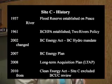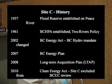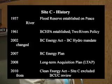So this is the history of Site C. In 1957, a flood reserve was established on the Peace. In 1961, the BC Hydro and Power Authority was established, along with the two river policies, the Columbia and the Peace. In 2002, the BC Energy Act was passed and the BC Hydro mandate was changed. Prior to that, BC Hydro would look into